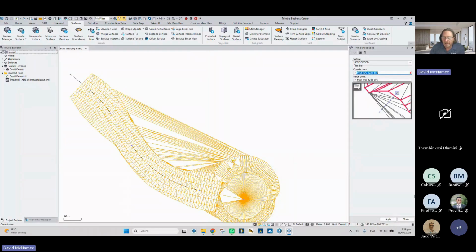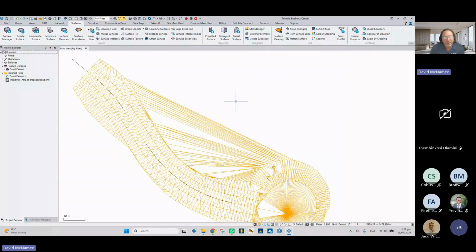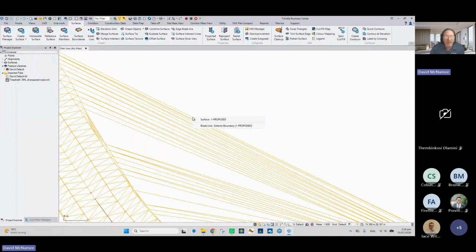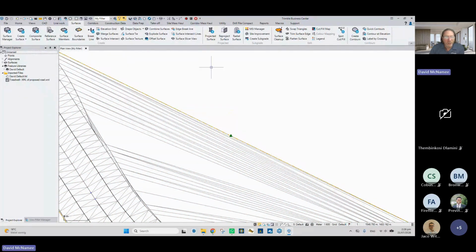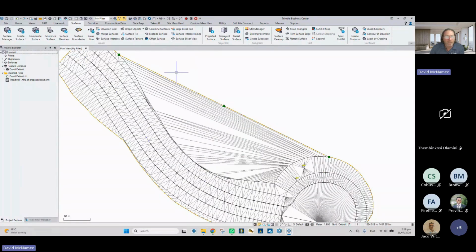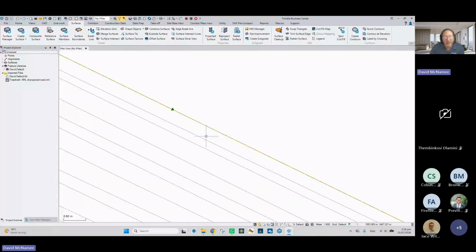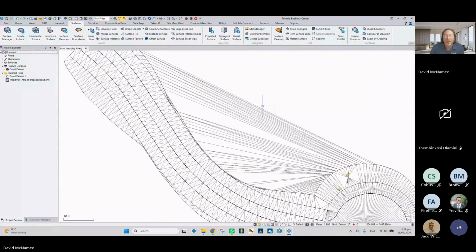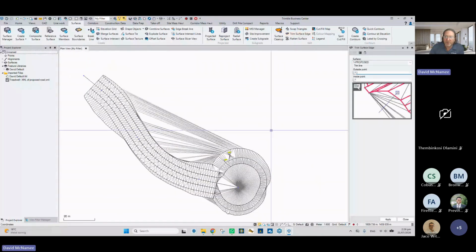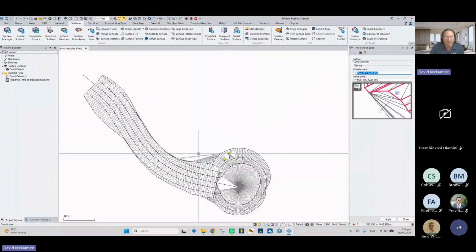Why has nothing happened? Because if I then go and click on the outside edge, I can see when this was exported, they actually created a break line on the edge of the model, which should not be there. The break line should follow the curve and around this line. So I can actually go into here now, delete that. And now when I go to Trim Surface Edge, outside point, inside point,